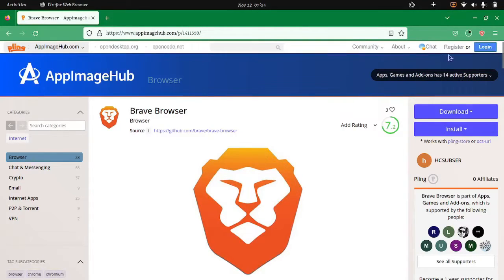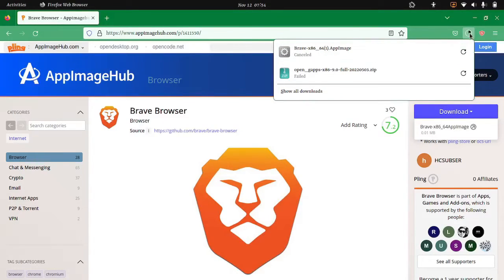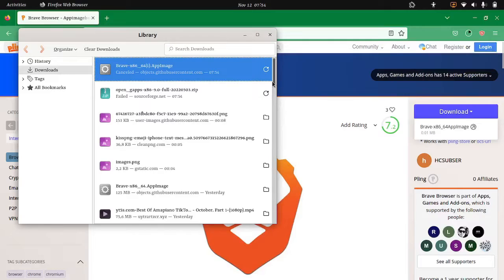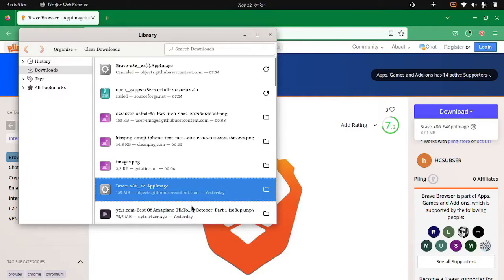You're going to come to the side. If you want to install, you can click install. If you want to download it and manually install it, then you go for download. And it's downloading. I've already downloaded it, so I'm just gonna go into downloads, and there is the app. So what I'm gonna do is show in folder,